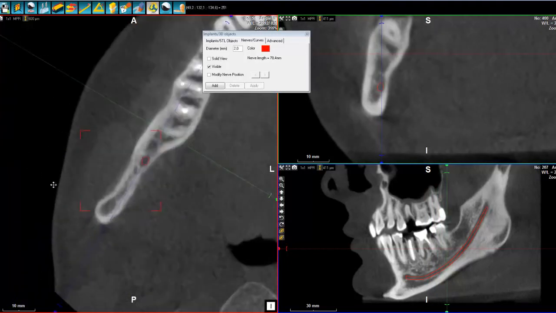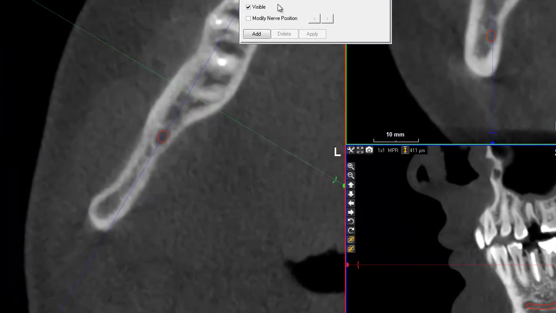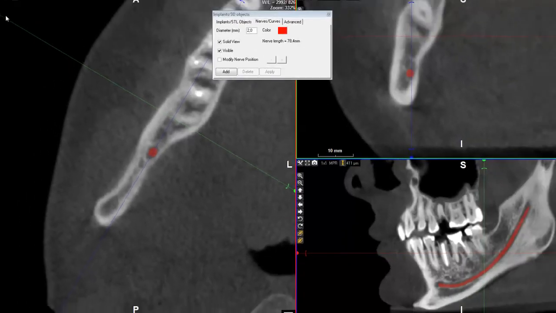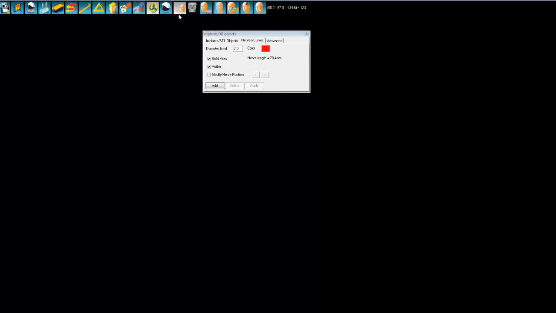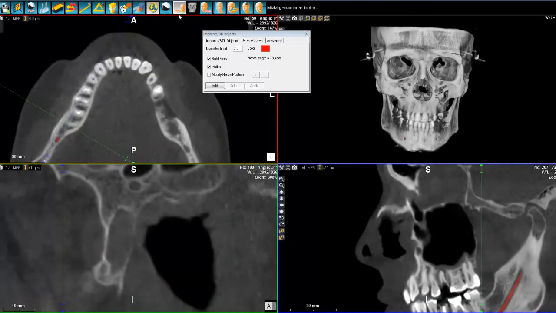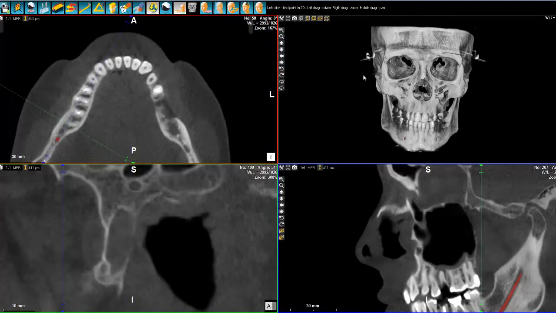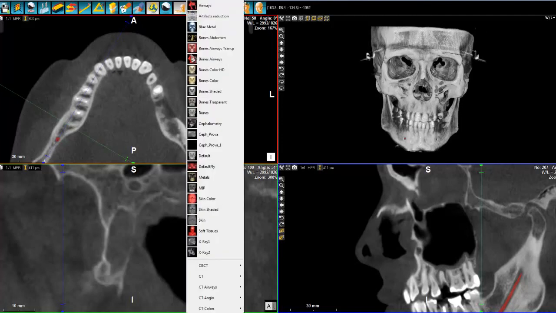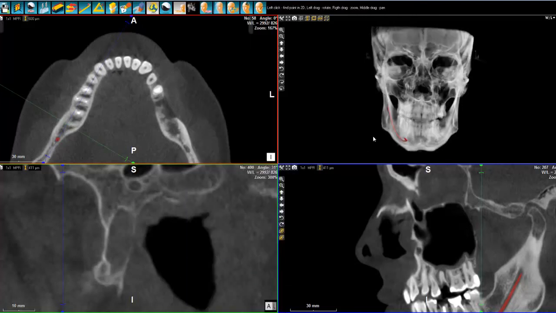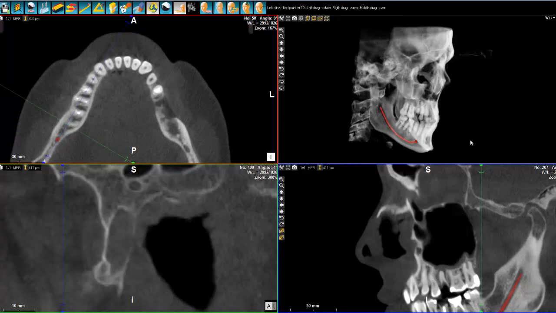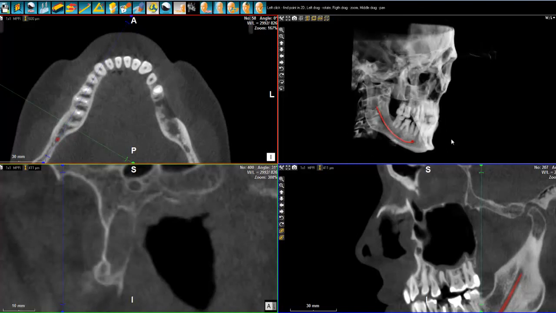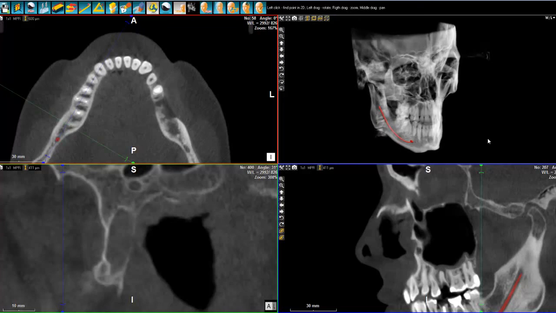So as you can see, the nerve in all three views, the axial, the coronal and the sagittal, but if I want also to see it in 3D, there is possibility where I think I can close this one now. I can either choose for an X-ray view, for example, and that will make my nerve quite clear in here. So this is it for the nerve tracing. So see you in next